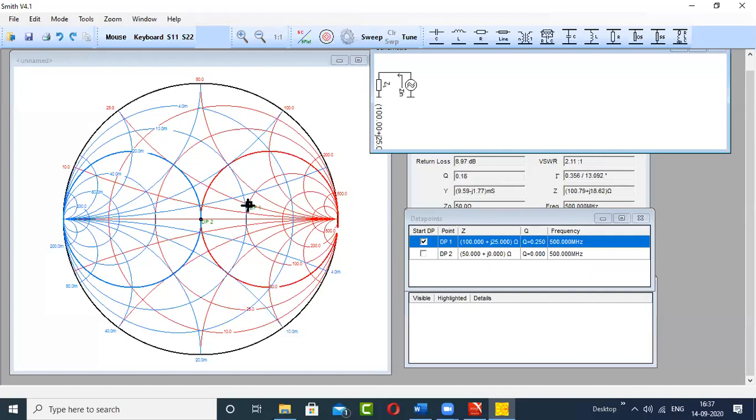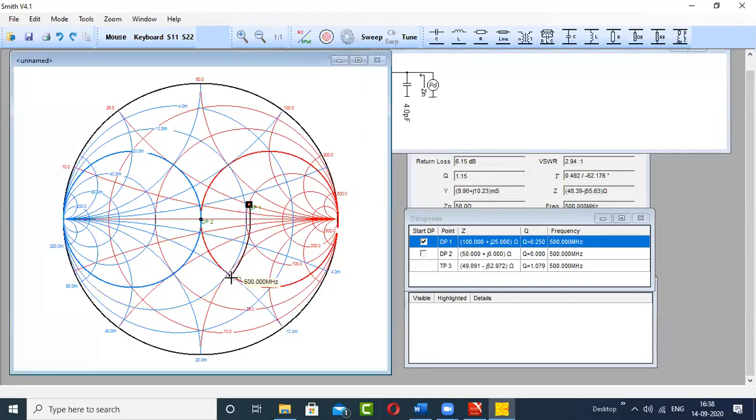This time I can move from the load to the lower intersection point, and from the lower intersection point to the center of the Smith chart. So the combination of the circuitry is going to change. The series component will change into shunt and shunt will change into series. So the first component will be shunt C, and you can see that I can click at this intersection point here, and from there I can go to the center of the Smith chart.